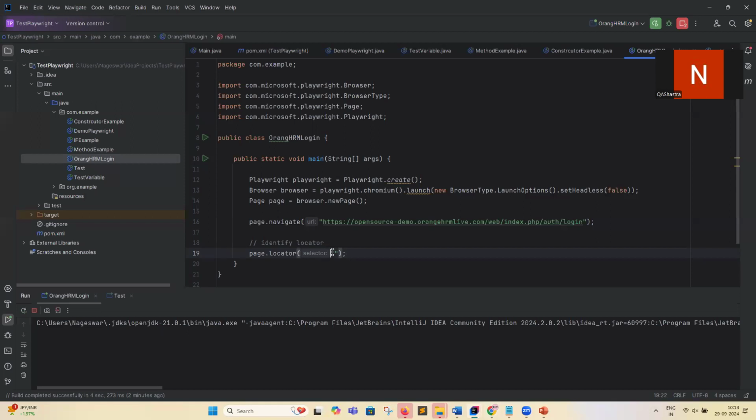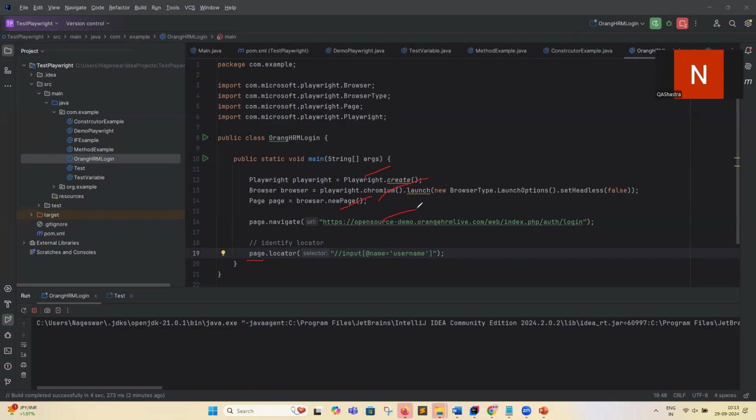Coming to the Playwright standpoint, we are telling the Playwright tool within the page: till now the Chrome browser instance is created, and a new browser page is opened,